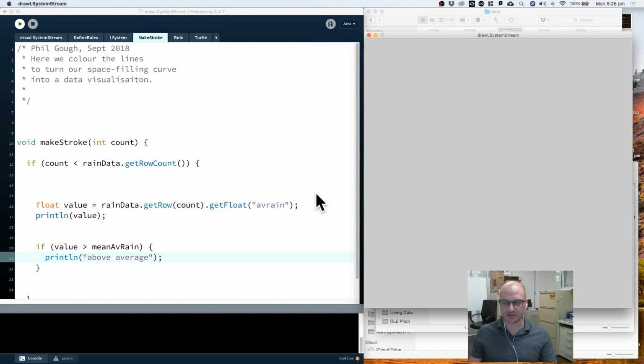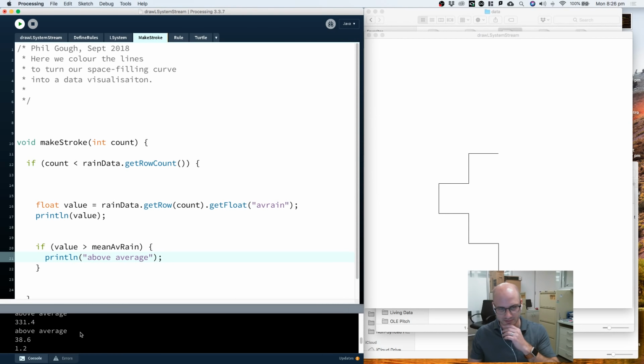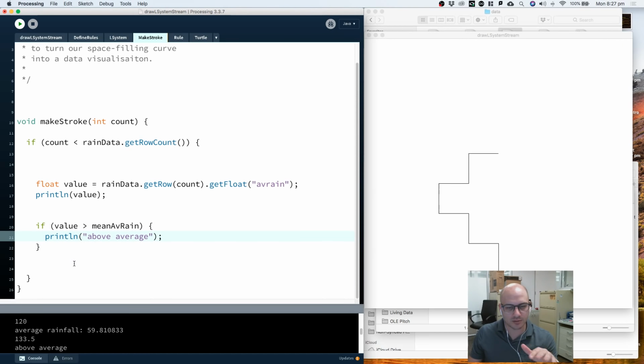Now I'm not going to use an else statement in this because, see, we have 331.4 is above the average, 133.5 above average, because the average rainfall is only 59, and that's in millimeters. Now I don't want to bother with an else statement, because if it's above average,